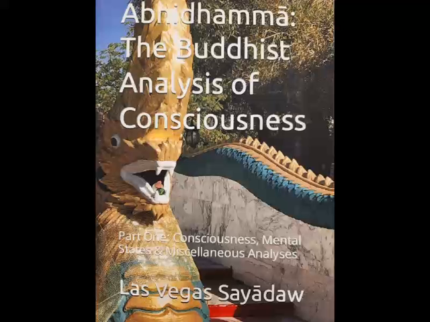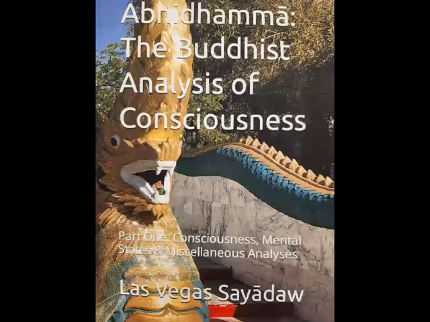How many planes are there in the pure abodes? Five, right? An anagami may be reborn there, and nowhere else. A being continues to practice meditation and gains the fourth stage of enlightenment, Arahata Magga, and becomes an arahant. What has been eradicated by the attainment of Arahata Magga? All greed for the fine material sphere consciousness.